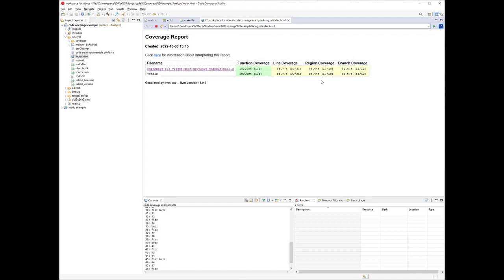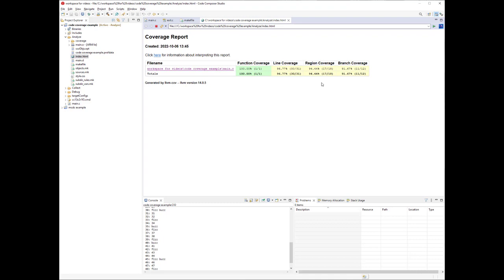Region is only slightly more complicated. A region is a block of code that once you enter it, you're going to execute all of it. That's really all it is. If you think about an if-else construct, that's got 2 regions in it. What's tricky about a region is that a single line of source can, in some cases, contain more than one region.